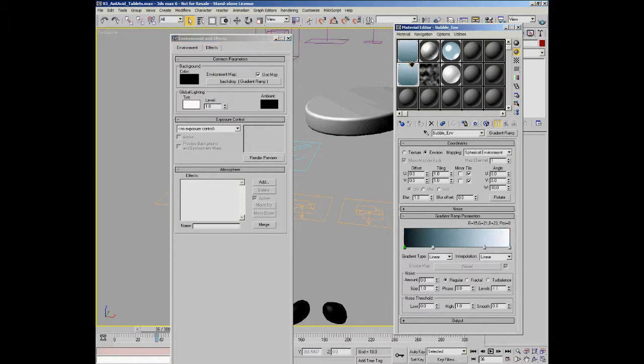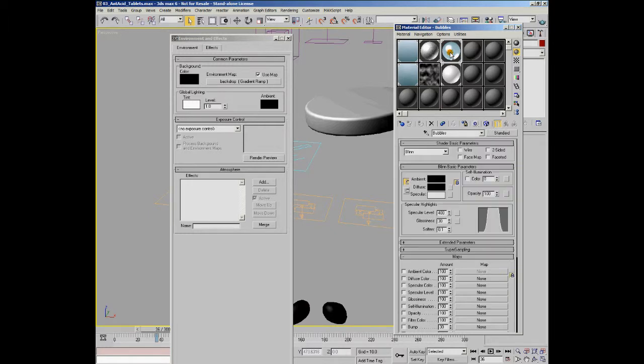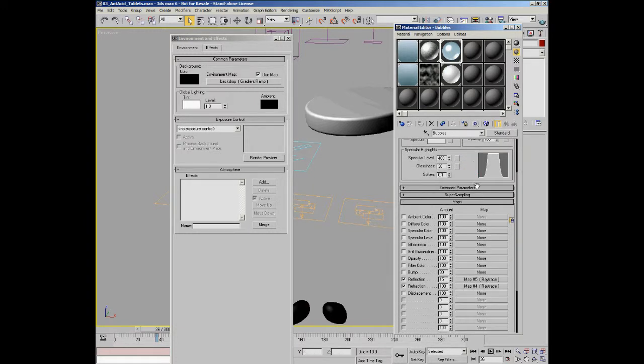I then copied that gradient, and I've used that again. It's turned to environment, but in this case it's set to spherical environment. And you can see I've made the extremes of it a little bit more contrasty. I've made the top of the gradient white, and I've made the bottom black. And that's actually used in this bubble material here, which, if you go down here, you can see it's